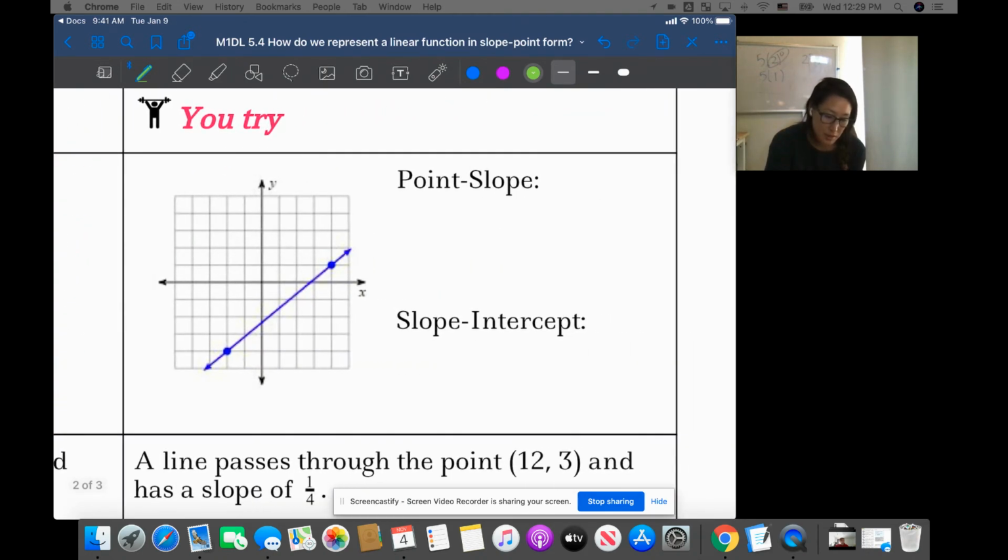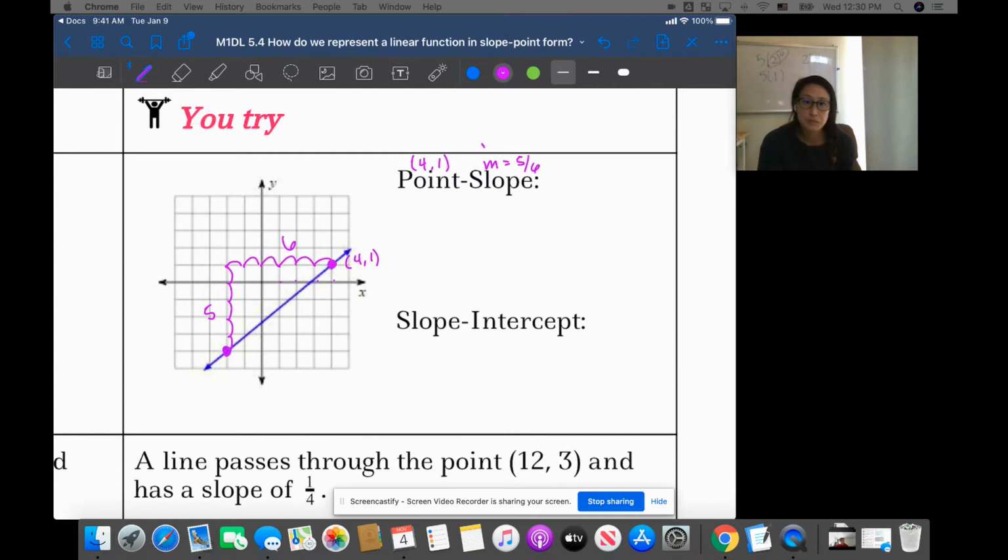Okay, we need a point. So on the graph, I'm going to use this point right here. You do 1, 2, 3, 4, comma 1. That's 4, comma 1. So I'll write my point is 4, comma 1. And then I need my slope. And again, it looks like I'm tracing the line to look for where it crosses the grid line nicely. Looks like this next point down here is the next good point. I'm going to count from the bottom point to the top. So 1, 2, 3, 4, 5. So positive 5. And then to the right, 2, 3, 4, 5, 6. So I have a slope of